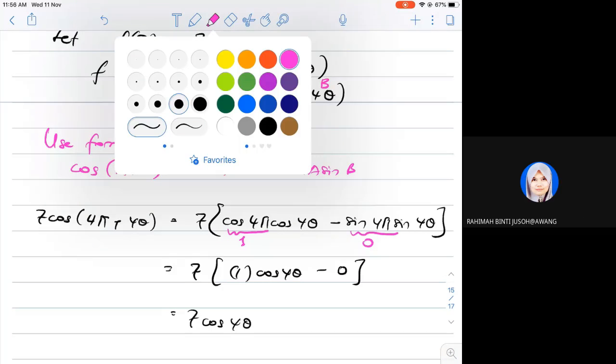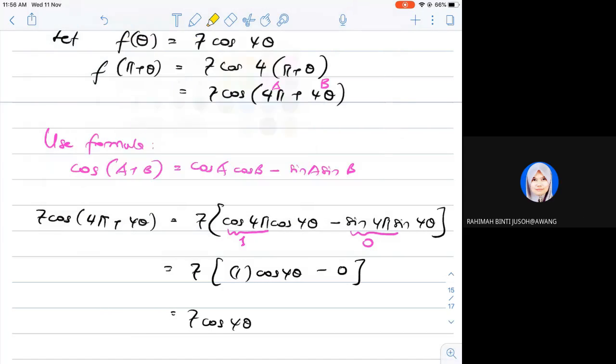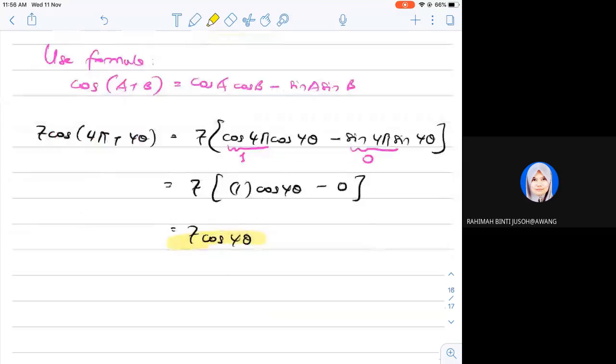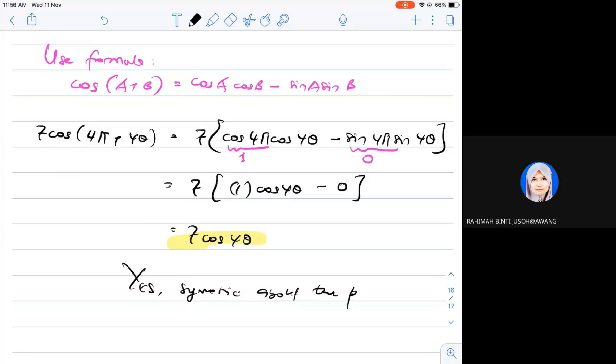Yes, okay. So yes, sama kan? So yes, symmetric about the pole, the origin or the pole lah, sama lah. Origin. Okay. So I think that's